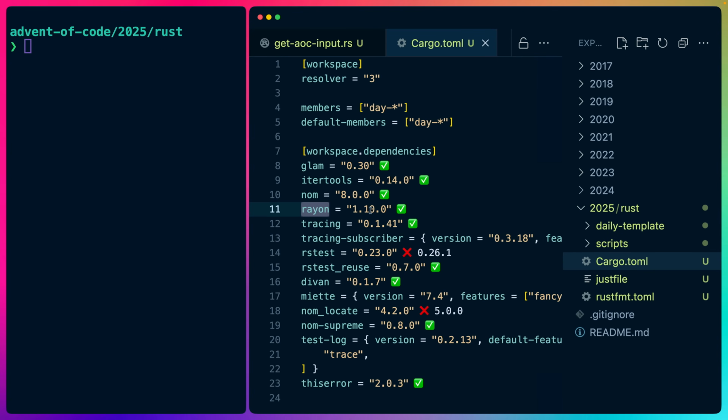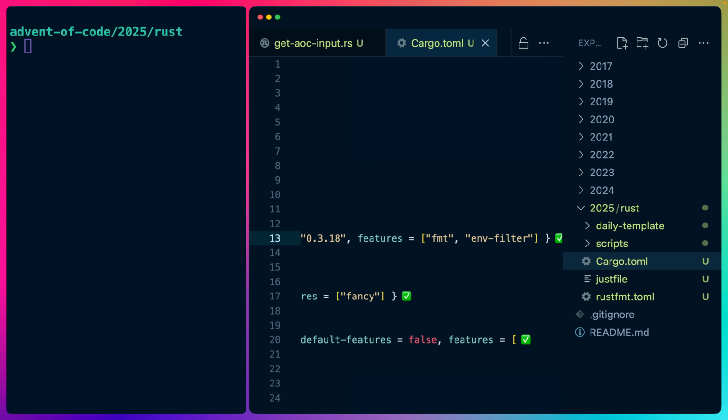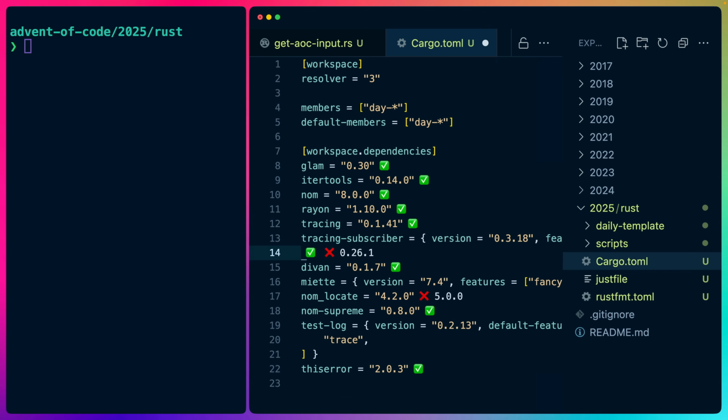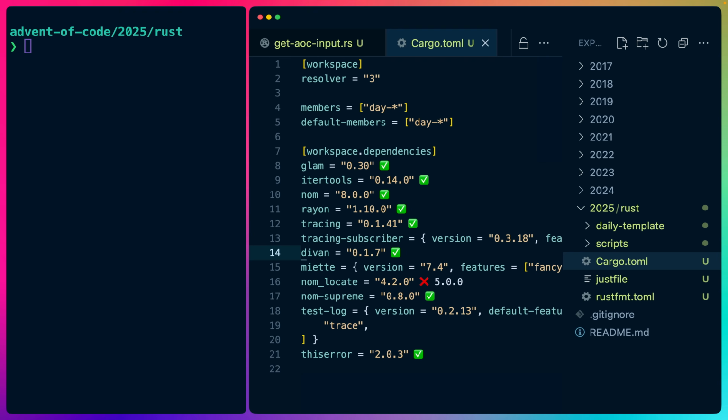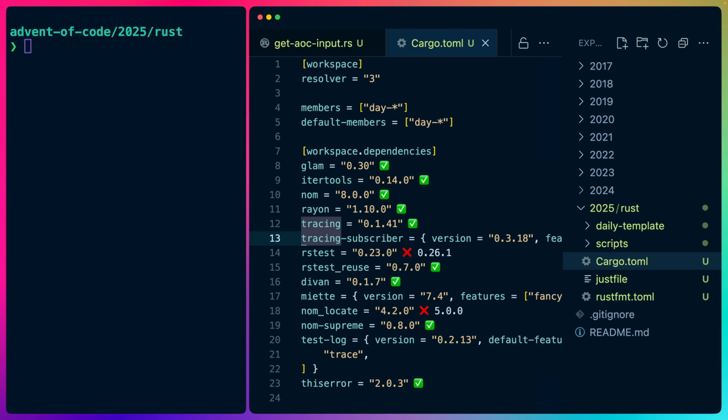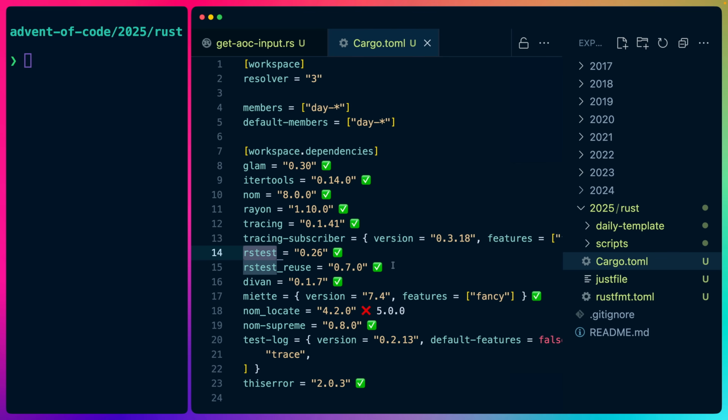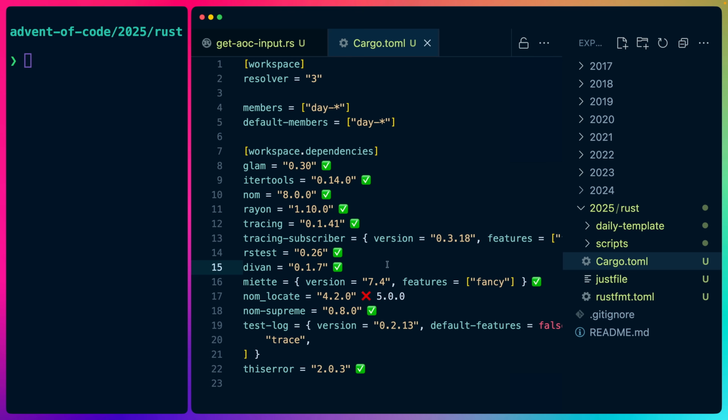Rayon is really nice to just get some quick performance wins if you kind of need them. rstest, I think we'll just get rid of for now. I know it's in the template, so I'll have to get rid of it from the template. Actually, you know what? We're going to keep rstest, specifically because I know that one of these days there's going to be a set of cases, and this is good for table-based tests. I don't know that rstest_reuse is something that we're going to use, so we'll get rid of that for the moment. Are we up to date on